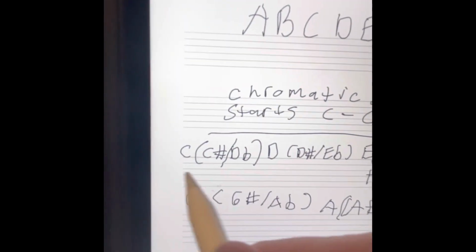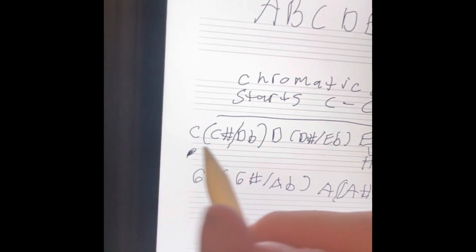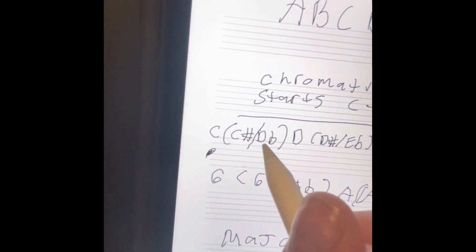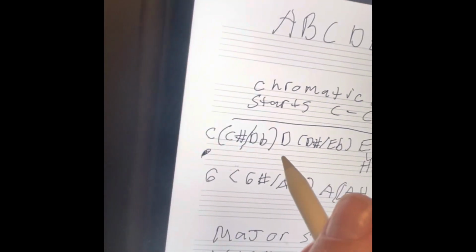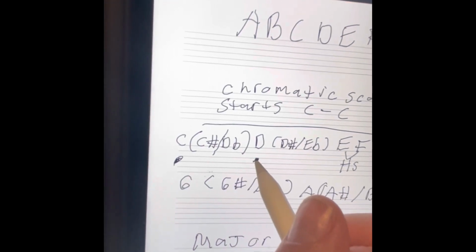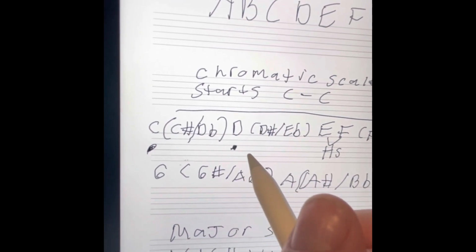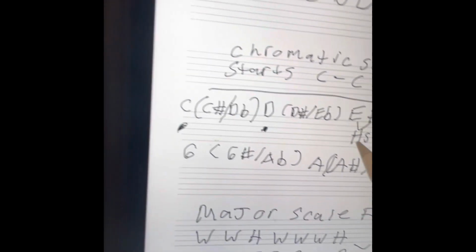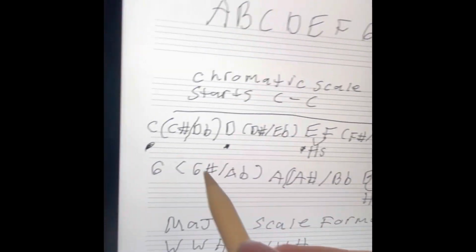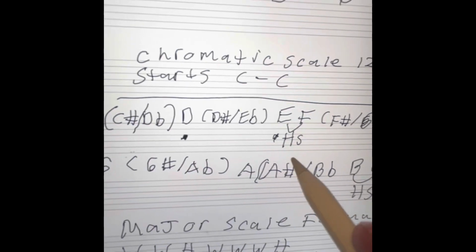So if you look at it here, so we went from C, right? So there's your C, going up a whole step. So this, from here to here, from C to C sharp, that would be a half step. So then what we want to do is we want to go to D here. So that's your whole step. And we want to skip the accidental D sharp here. And we want to go to E. So C to D, D to E,